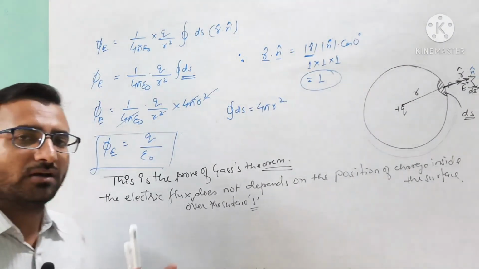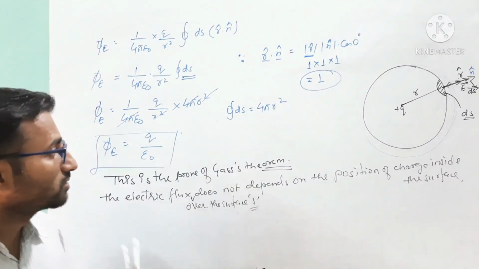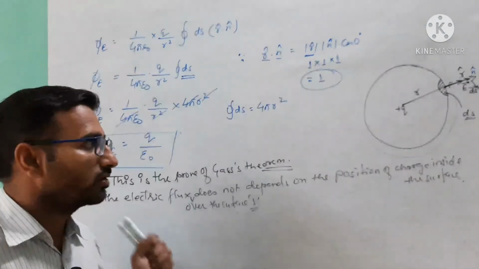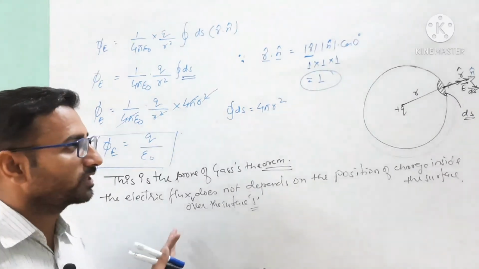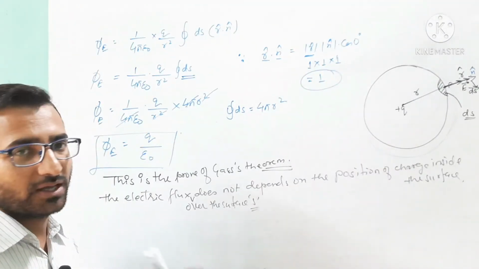So this is the derivation of the Gauss theorem with the help of the definition and basic information about the electric flux and the area vector. To understand the whole video topics, you have to watch this video in parts, because this video length is more than 50 minutes, so you can see this video by part.